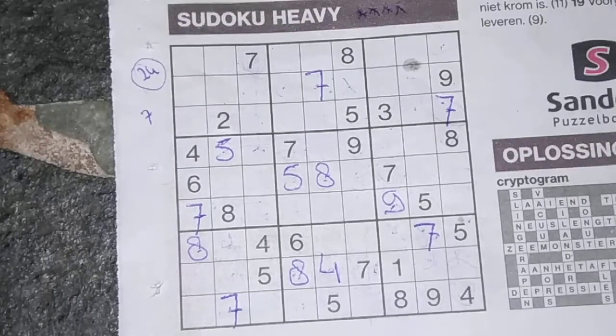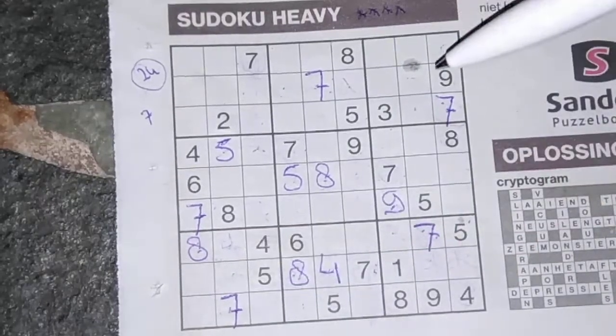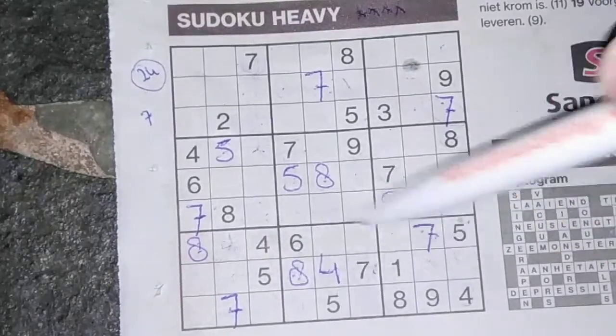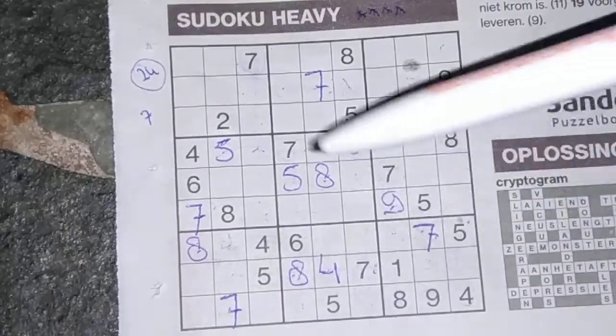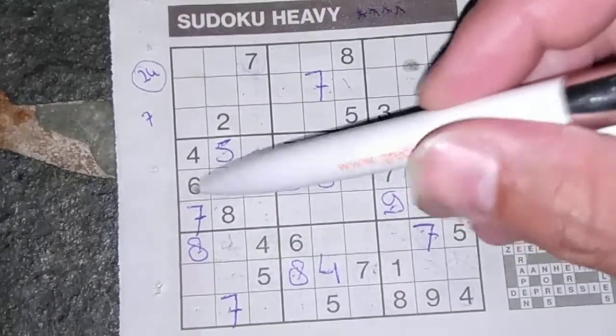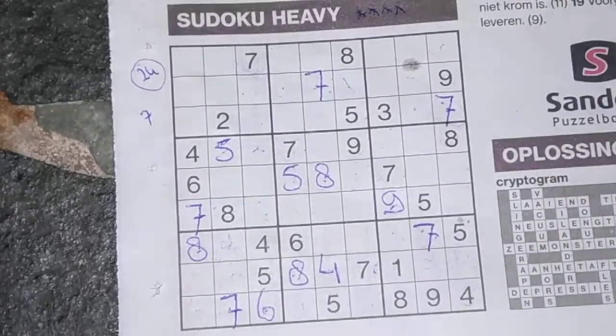Can I do this with the... Yes, in the last row, we have 4 missing numbers. One of the missing numbers is 6. We see here 6 in this big square. So no 6 in these two boxes. So the 6 could be here or could be there. We see here already a 6, so no 6 there. 6 should be here. Then...